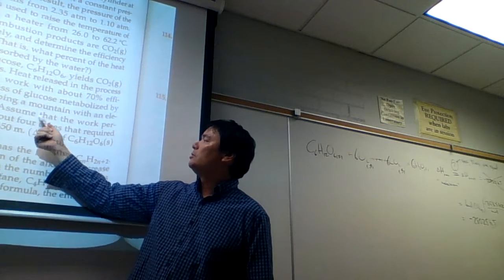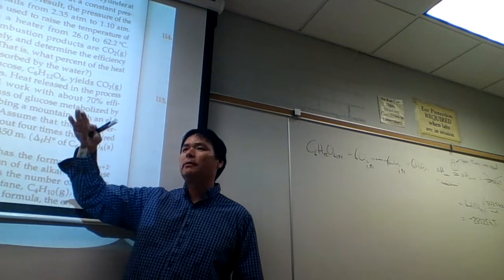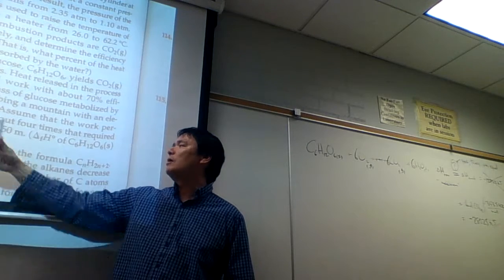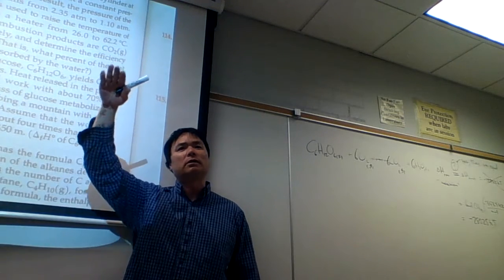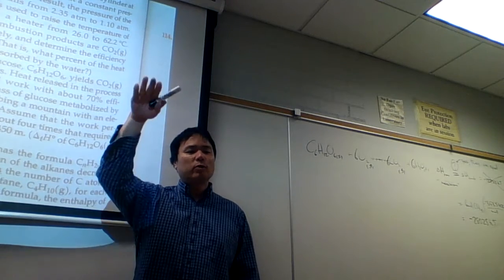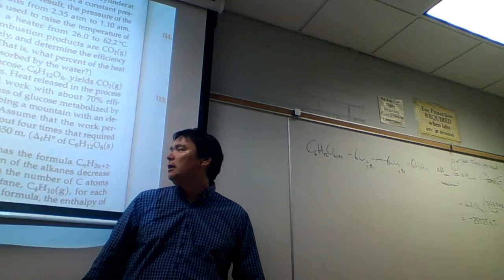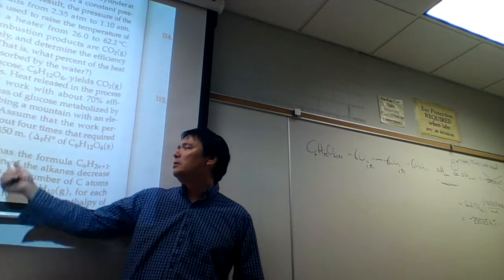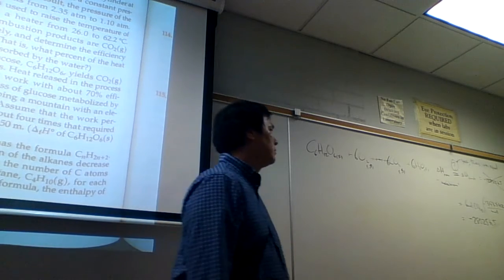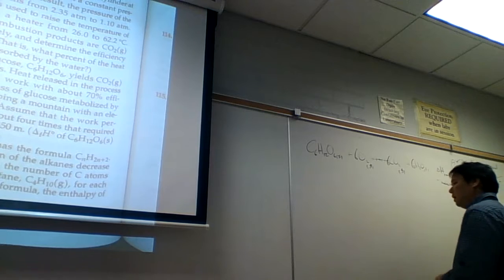And so what we're going to do is assume that the work performed in the climb is about 4 times the minimum. The minimum is that required to simply lift 58 kilograms by 1,450 meters, the pulley system. But it's probably going to require more work because you probably have to follow some kind of path to get up the mountain. And so we're going to multiply that by 4. This comes from physics. So this is why I wanted to do this problem, because